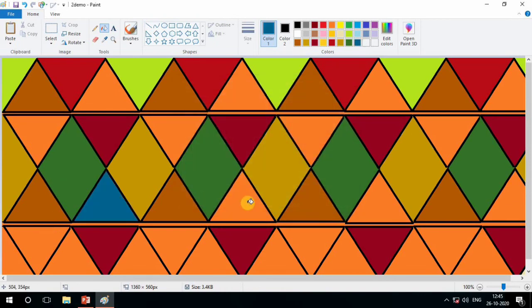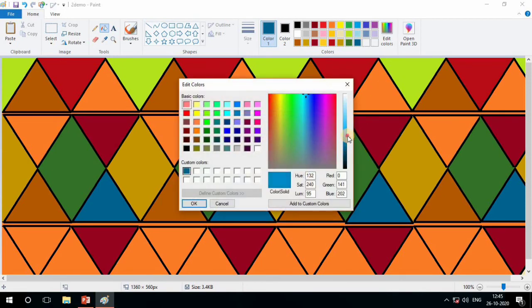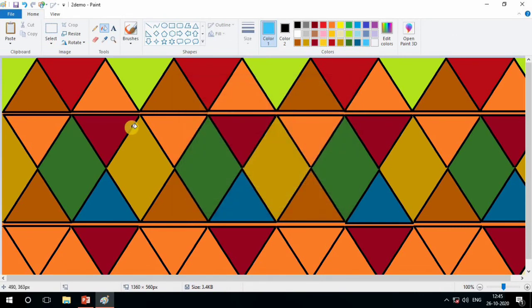Now fill in this shade. Now see another shade, you can take it from this blue line, edit and okay. Now fill here. Oops, by mistake we filled here, so use the undo option. So the color comes back again here.